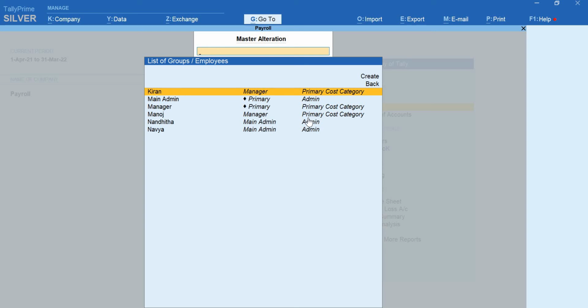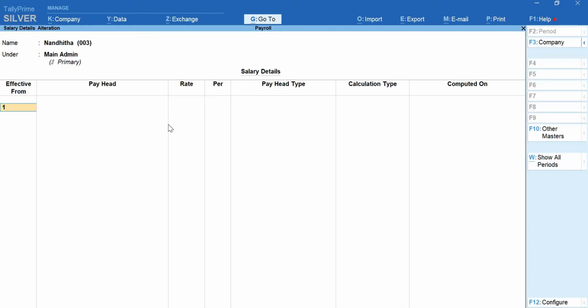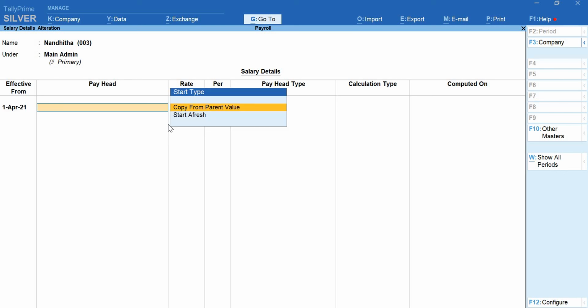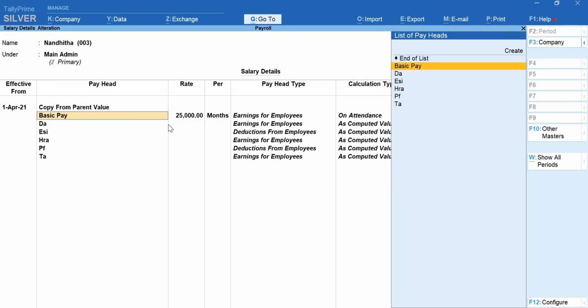So now we have to see who all the employees working as main admin are. Here we can see these two persons are the main admins, that is Nandita and Navya. I'll go for Nandita selection. I'll give the date as 1 and I'll continue. Now just go for copy from parent value, which means whatever salary you have defined for the main head, that is the main admin group, the same salary will be copied into the group of employees in